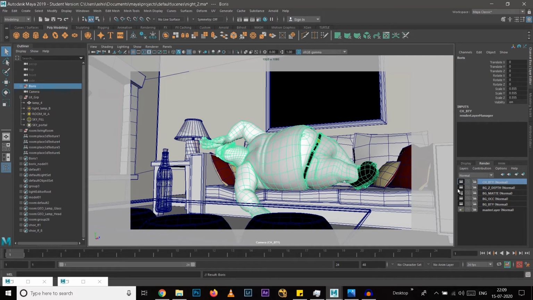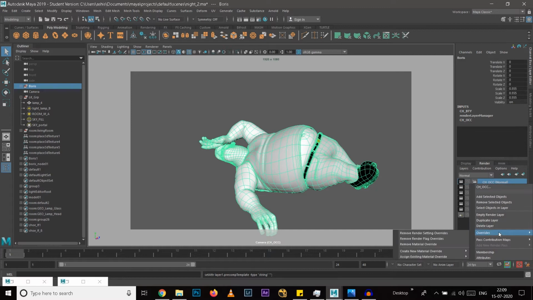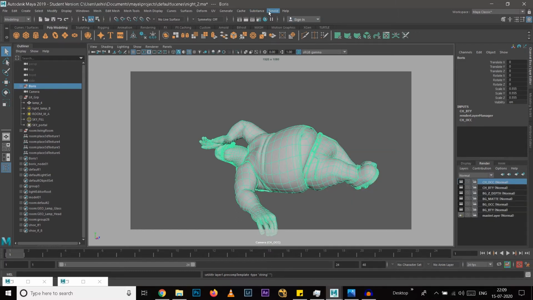So we will need that also. Okay, so for now just select this character, click on this, and rename it as character occlusion. Okay, and again I will right click, override, assign existing override, and I will select this ambient occlusion 5. So let's check.